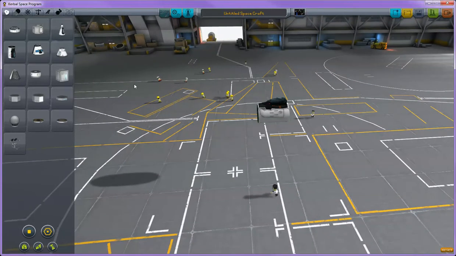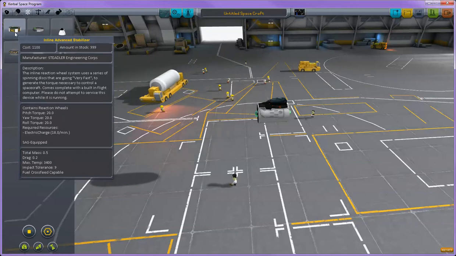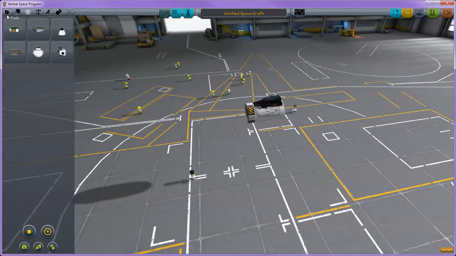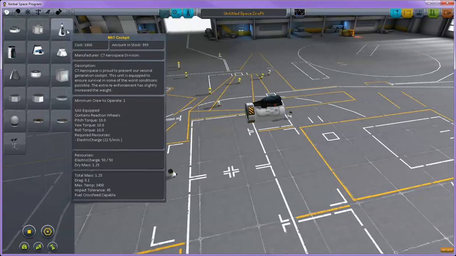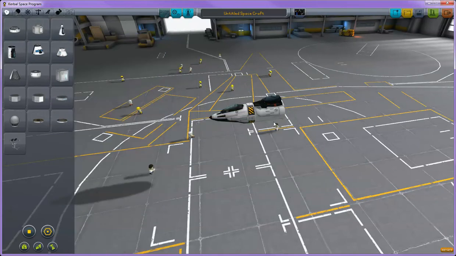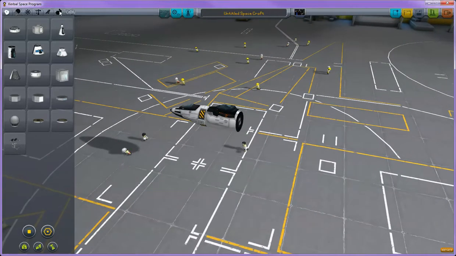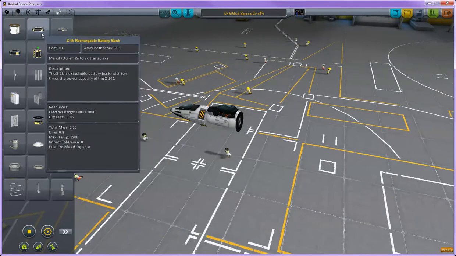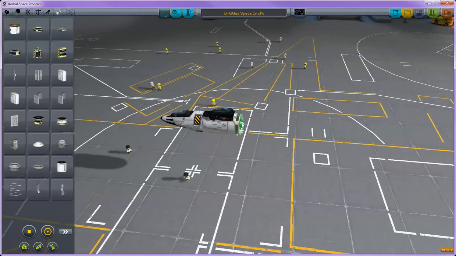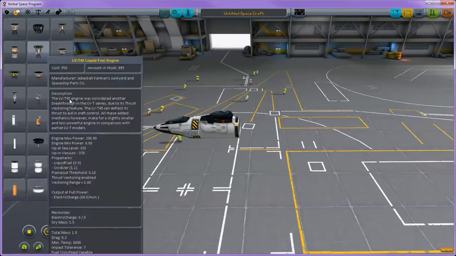So attaching onto this hangar here, we're going to go up to the control tab, grab this inline advanced stabilizer, and attach it to the front. Next, we're going to go back to the pod section, select this MK1 cockpit. So this will allow you to have a co-pilot if you so choose. Now we're going to go into utility, grab this second little battery bank up here, attach that there so we have power. Now go into propulsion,